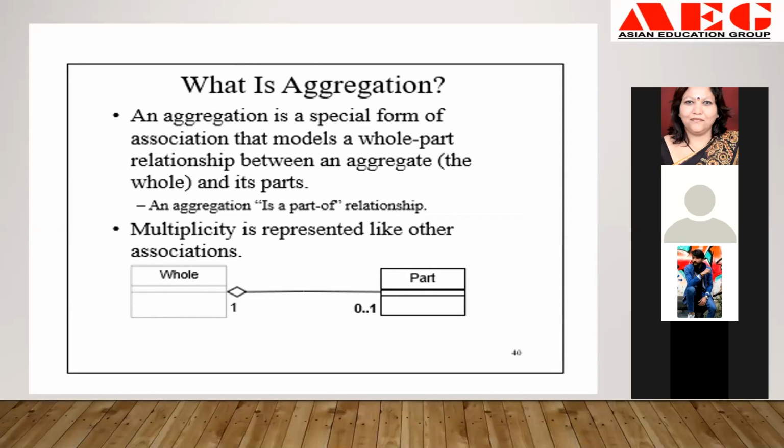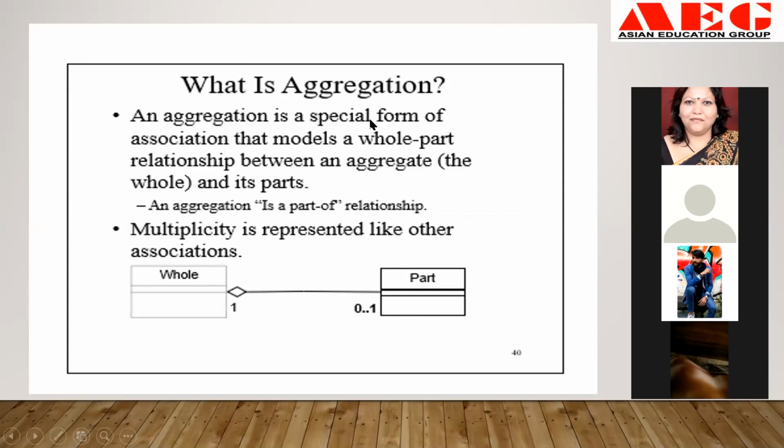Now, what is aggregation? What do we mean by aggregation? In an ER diagram, we have to create a class using different attributes of 2 different classes. That is called aggregation. It is an example of multiple inheritance. So we can say if A is a class and B is a class, and both A and B are inherited into the class C, then the C class will be called the aggregation class. So aggregation is an association between the models.